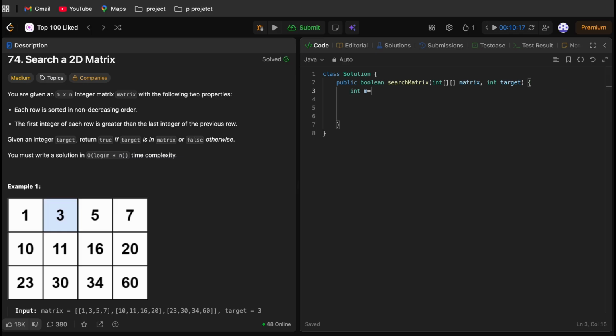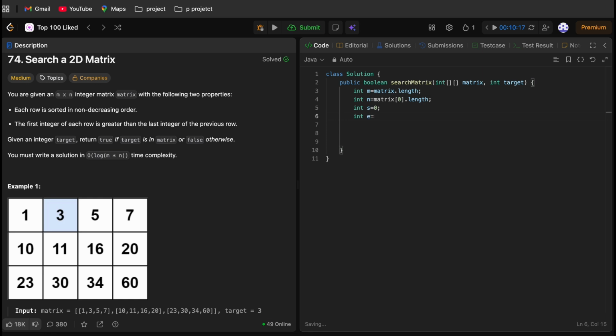Int m is equal to matrix dot length. Our n is matrix of 0 dot length. Now we need to define our start and end index. Int start will be at 0, our int end will be at